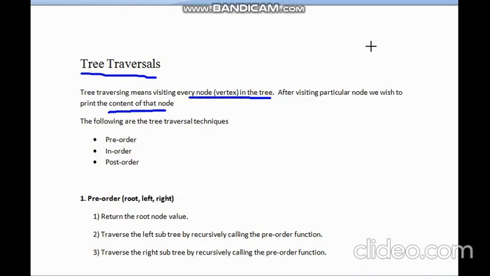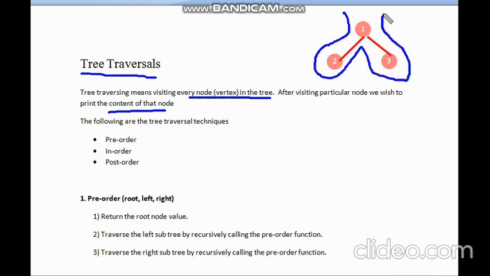So I have a simple tree structure like this. So I am traveling like this. Whenever I travel like this, I visited 1, then 1 is printed. Then traveling like this, 2 is visited, 2 is printed. And like this I am traveling, here 3 is printed. Hence we need to print all vertices or node content. That is traversing. And why traversing?